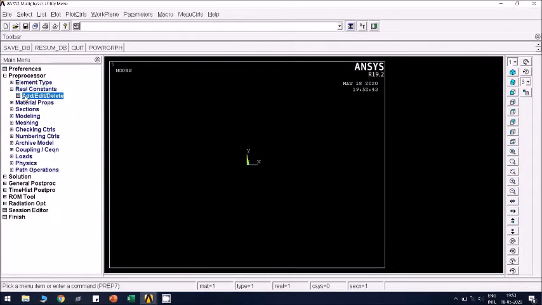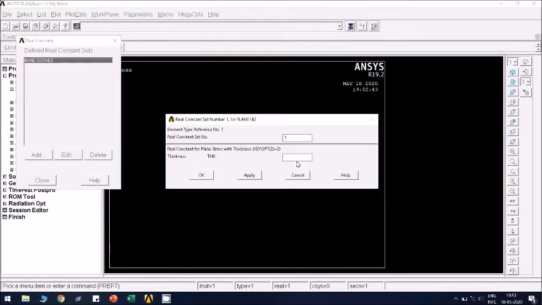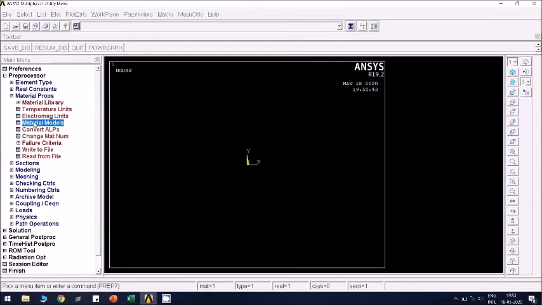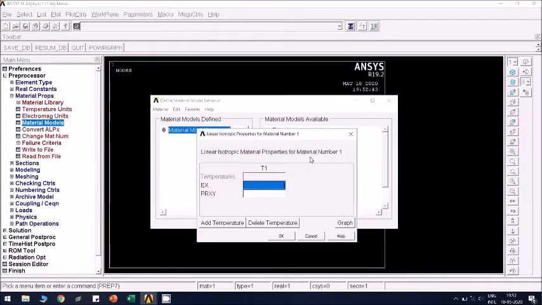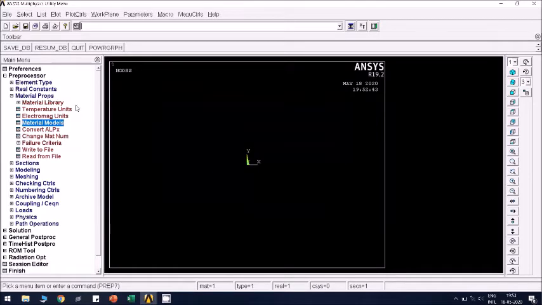Go to real constants, add, OK, enter the thickness 20 mm, OK, close. Material properties, material models, structural, linear, elastic, isotropic. Young's modulus is 200 gigapascal, that is 2E5, and Poisson's ratio is 0.3. Click OK. Material model is created.